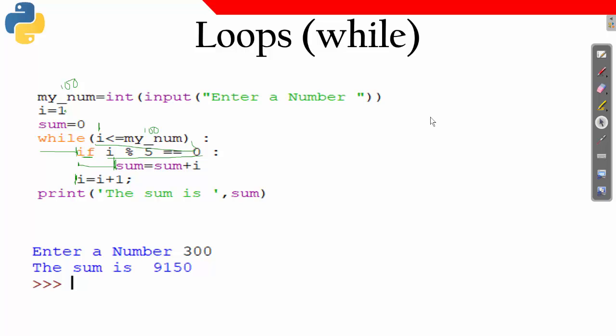I hope it is clear. The thing is here, you need to understand how an if block is written, how a while block is written, how an if block is written inside a while block.